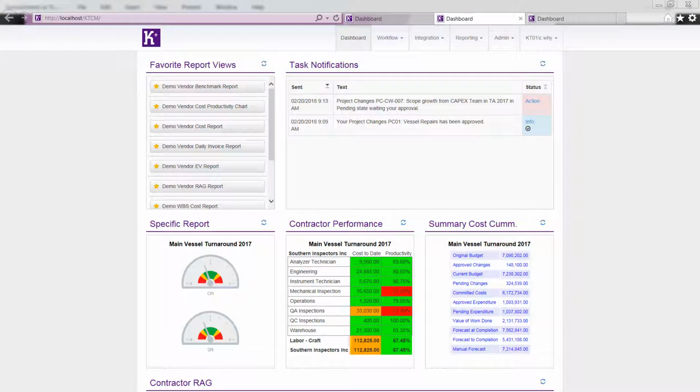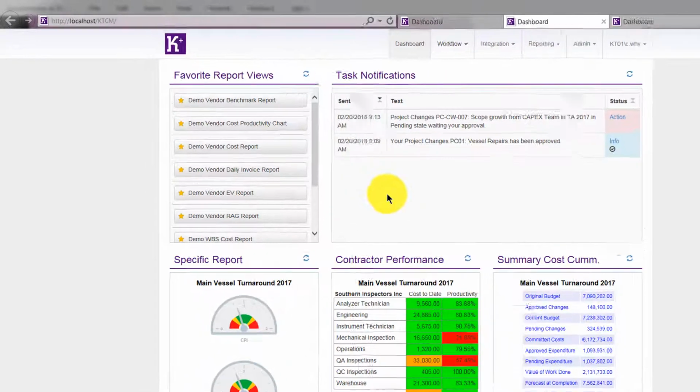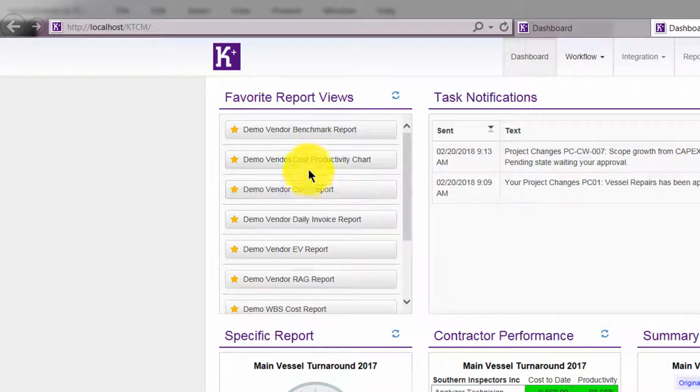So in our previous bubble that we looked at for commonality, we talked about the workflow manner in which Kildrummy Cost Management is driven. Those workflow processes allow us to have a common user interface. But moving forward from that, on the consistency point of view, it's about producing data. It's about producing important deliverables that the team need. And one of the best ways that we can do that is to store and save our favorite reports that we need to run. This allows me to very quickly be able to run a consistent set of reports that all are relative to the exact same manner in which it was run in the previous month,